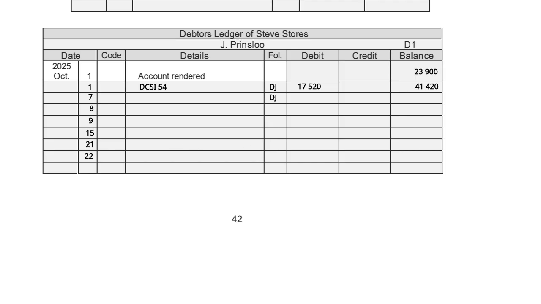So I know my journal is my debtors journal. Duplicate credit sales invoice 55. 2268 in the debit column. And now my balance is 43,688. Then on the 8th,